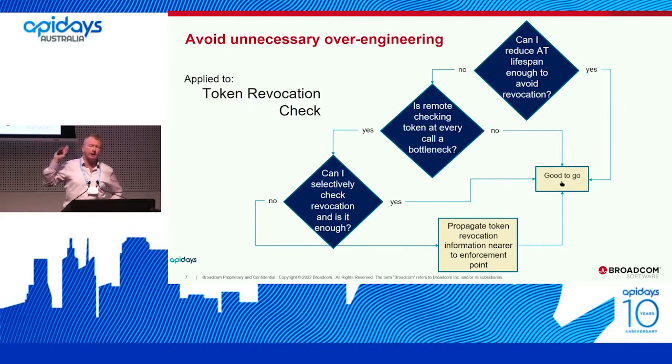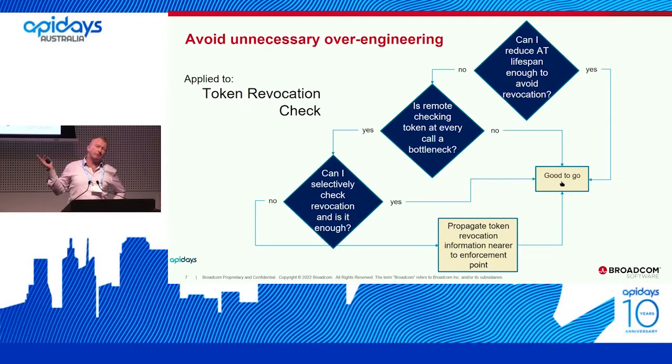So the first one, and this is where I think most people start, you just say, well, I've got an access token, I'm just going to tweak the lifetime of that. If my users are complaining there's too much risk and too many possible hacks happening, I'll just tighten that up and have to refresh the thing more often. And most of the time, that gets you starting quite well.